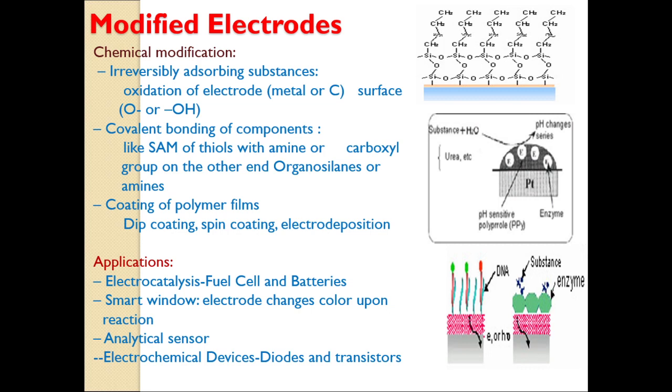So there are different ways by which we can modify the particular substance. Normally this modification is achieved by different methods. Here there is the first diagram. This one is the electrode surface and this one is the modified surface. So easily the molecule gets adsorbed on this particular surface by linking or by suitably adsorbing.